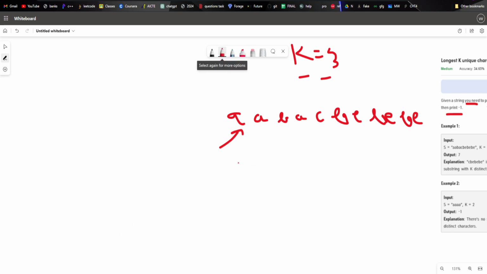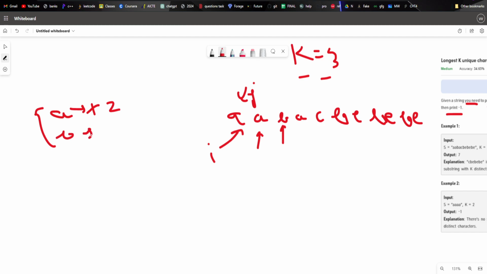We are going to create i and j pointers, and then we are going to move our i pointer. As we move our i pointer, I am just going to put each character into the hash map. Like a, when I put a into the hash map, its frequency is 1. My j pointer is at 0. Then I move my i pointer, a is going to be 2, then b is 1. Then a, it is actually